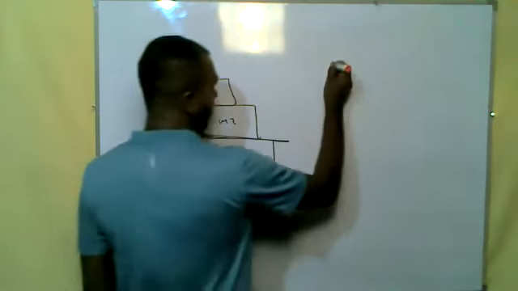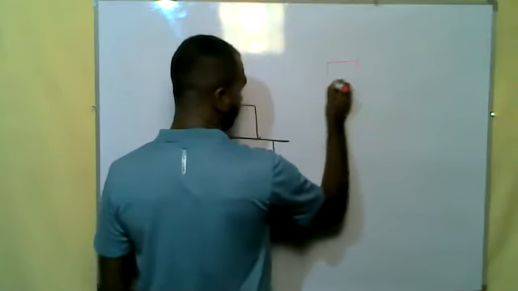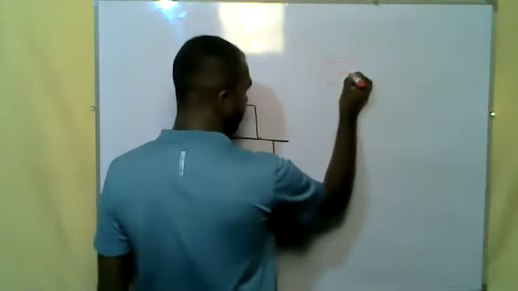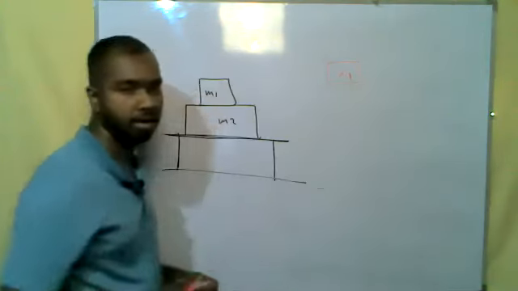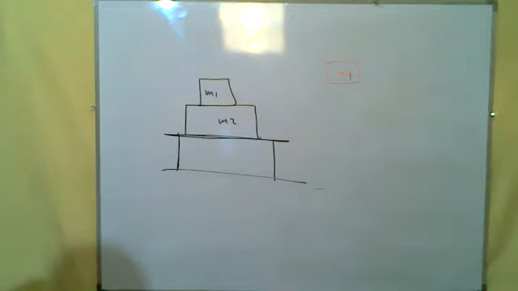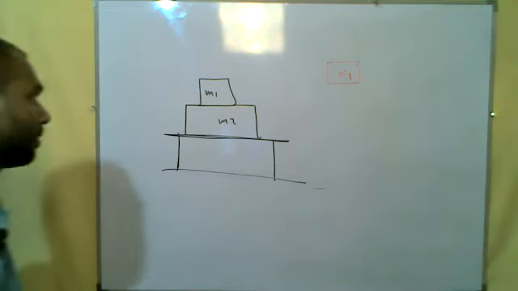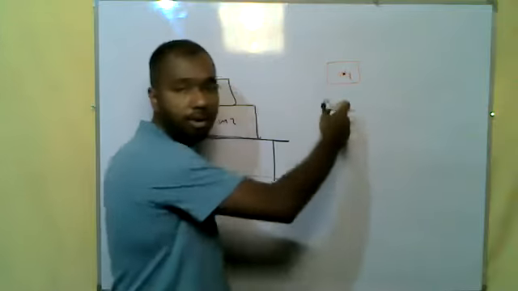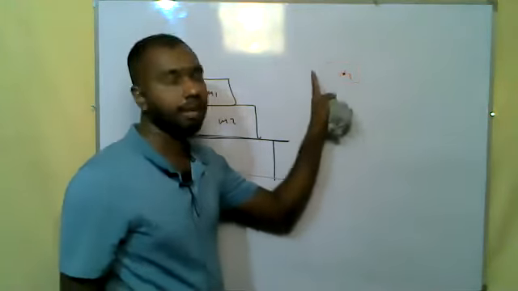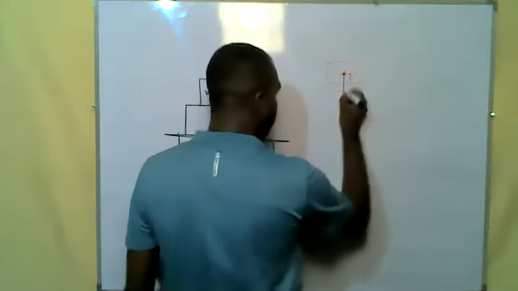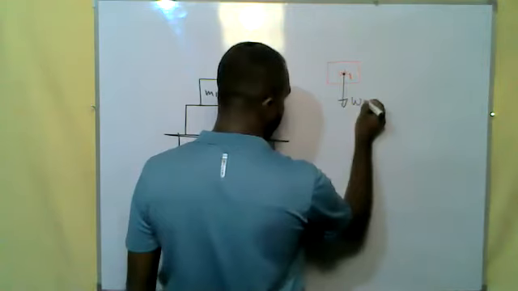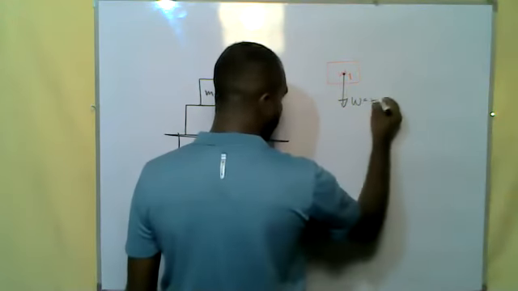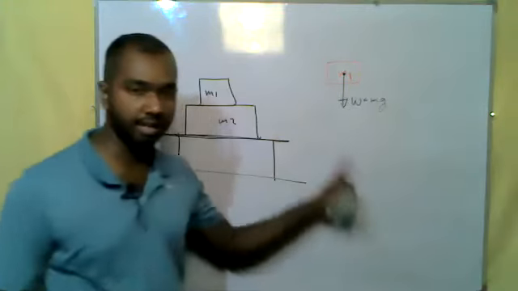For the mass 1, what is the force diagram? This is not that much visible, no? Mass 1, the top one. What will be the force diagram? There is the weight of this one book. How do we get the weight? Mass multiplied by the gravity. Mass times the gravity, you get the weight. Weight equals mg. What are the other forces acting on this one?